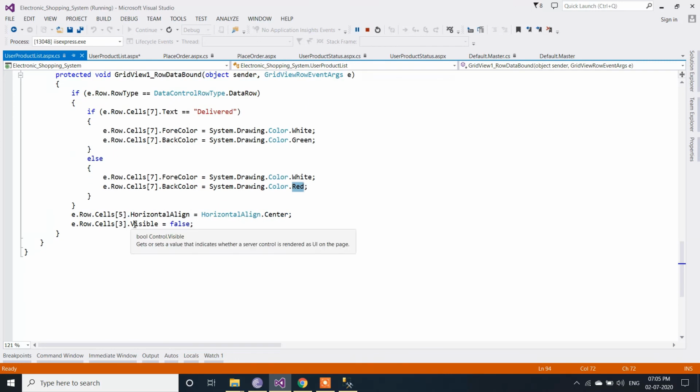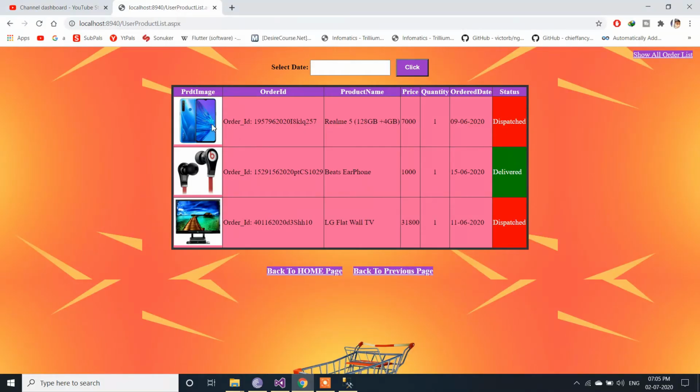After that, I have taken one more thing, that is aligning the data within the cell to the center. For which one? The fifth row cell. You can see the cells start from 1: 1, 2, 3, 4, fifth, that is quantity.